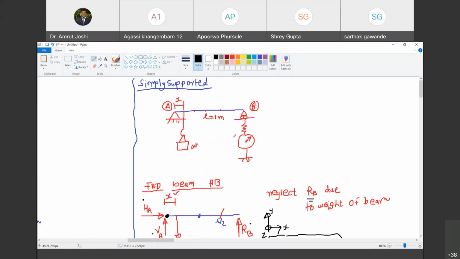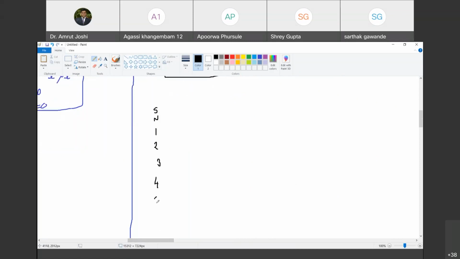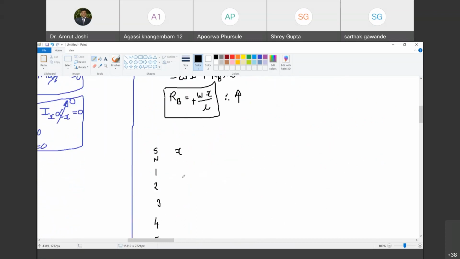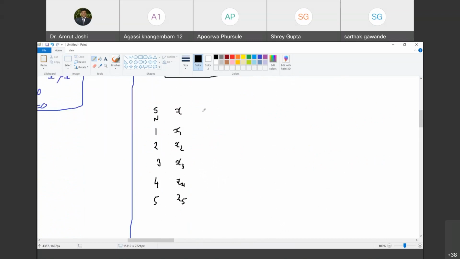So now what is the experiment all about? So let us see how the observation table for the experiment will look. Serial number. We are going to take 5 readings: 1, 2, 3, 4 and 5. Are you with me? Yes, sir. For these 5 readings, we are going to change the location of the load. So we are going to have X1, X2, X3, X4 and X5. Happy? Yes, sir. We are also going to change W. So we are going to have W1, W2, W3, W4 and W5.